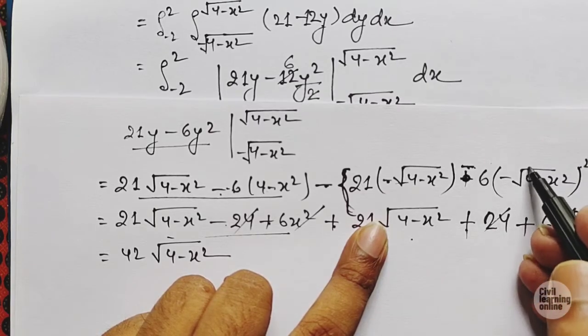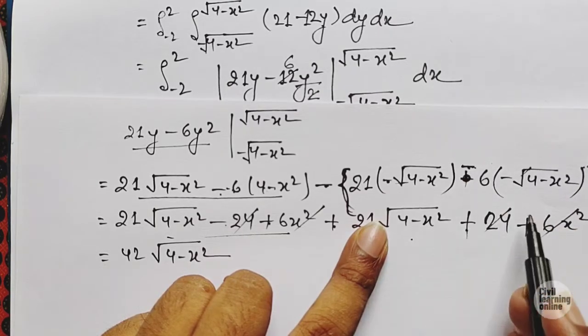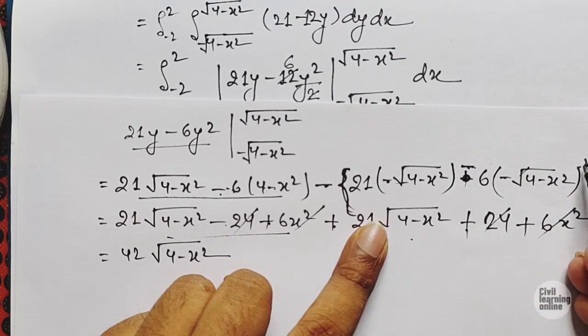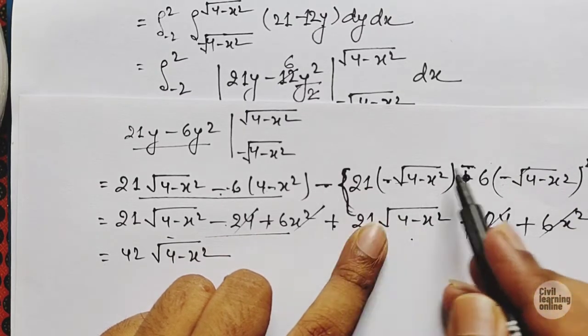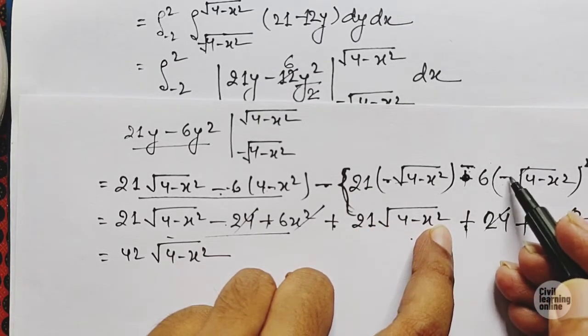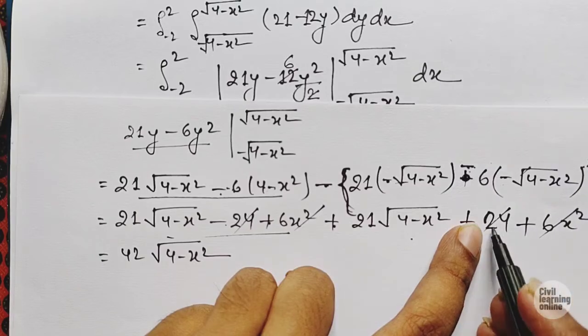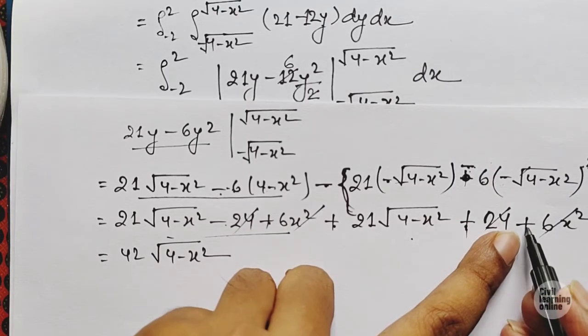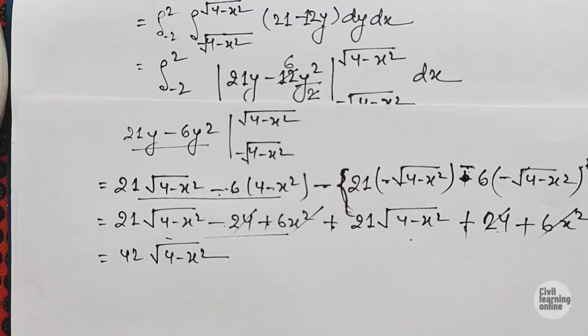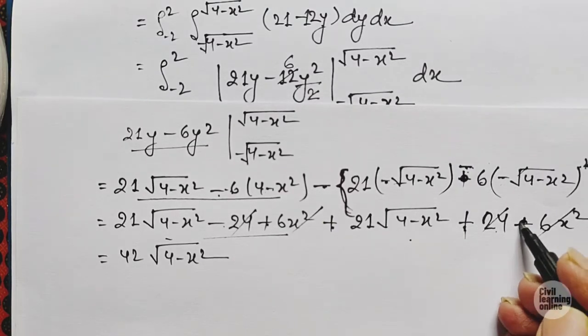Similarly here it is minus and here it is minus, so minus and minus will get positive, and 24 minus this square gets cancelled with the root, and this minus will get turned into positive due to the square, and this minus and this minus on multiplying will give positive, and this is already turned into positive due to the square, so 6 times 4 equals 24, and this plus 6x square. Here it's going to be negative,